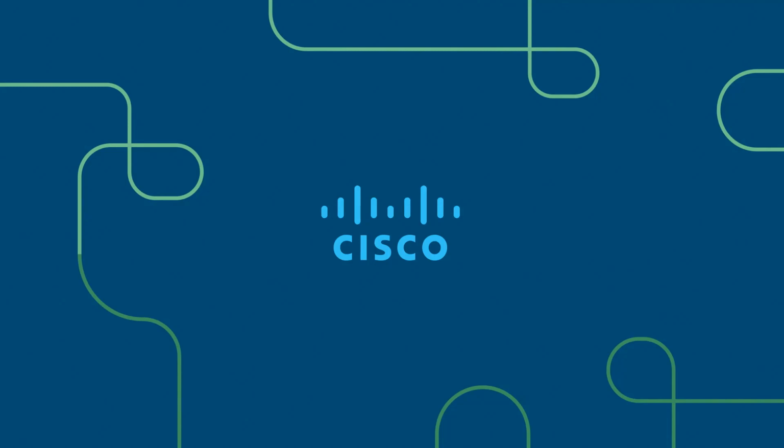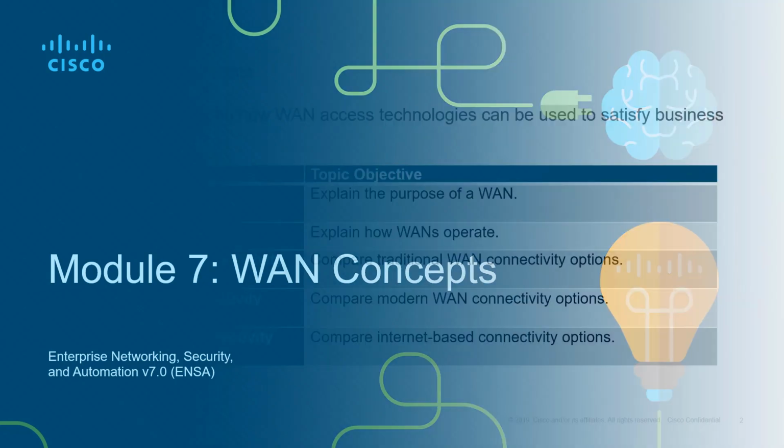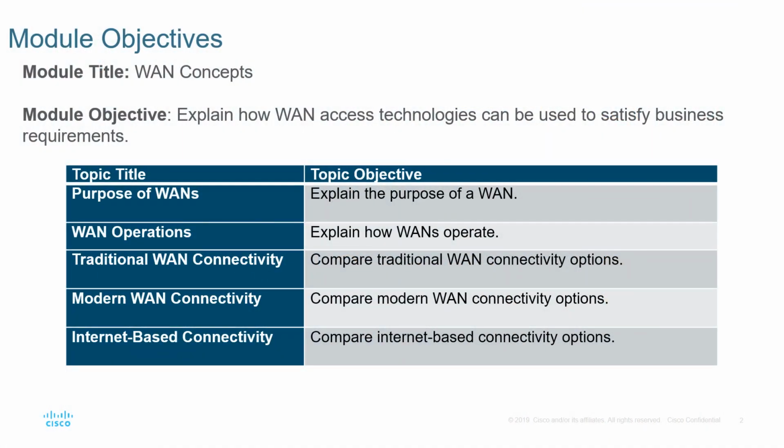This is the Cisco CCNA3-ENSA, also known as the Enterprise Networking Security and Automation course. This course focuses on the CCNA version 7 curriculum. This is course 3 of 3. Module 7 is about WAN concepts. So in this video, we are looking at purposes, operations, and we're going to be looking at different types of